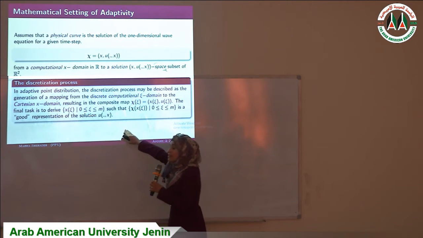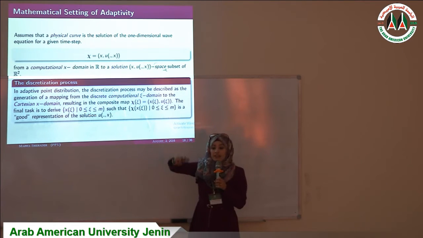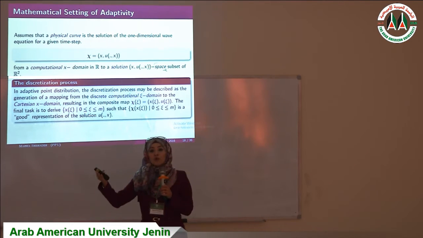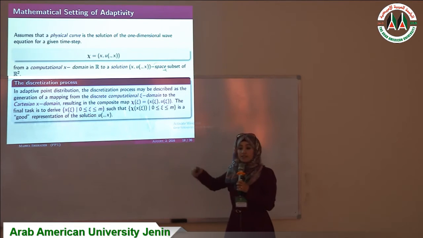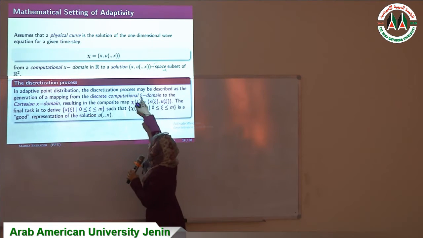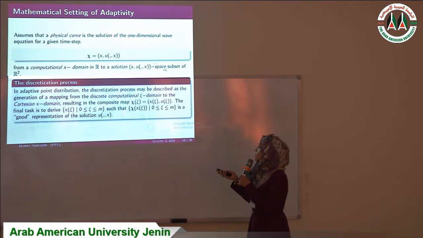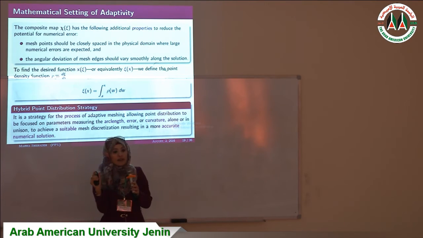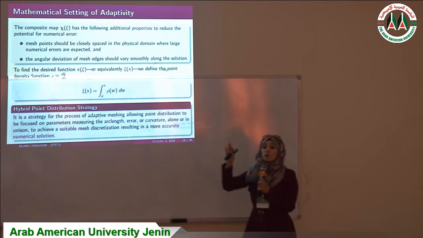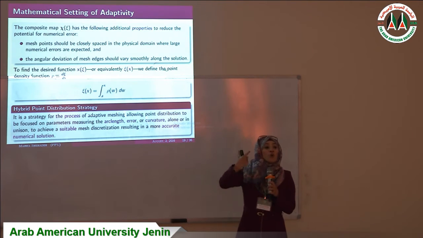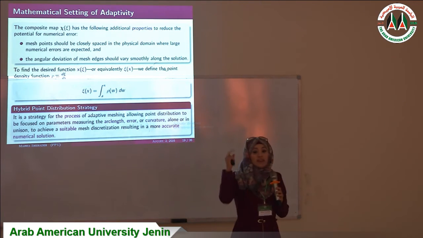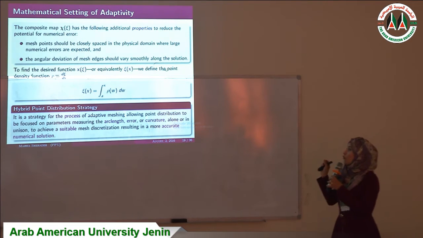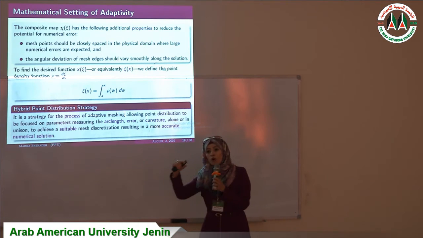The technique of the discretization process I used depends on mapping from the computational domain zeta to the spatial domain x, having the composite mapping x(zeta), zeta from 0 to M. The composite mapping x(zeta) has properties: number one, the mesh points should be closely spaced in the area where a large error is expected. Number two,